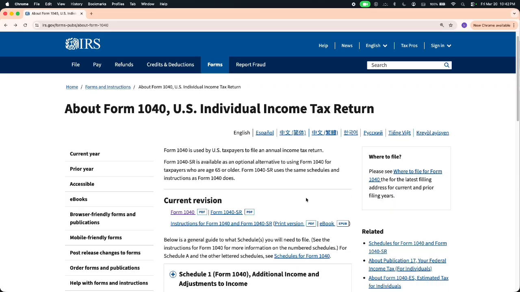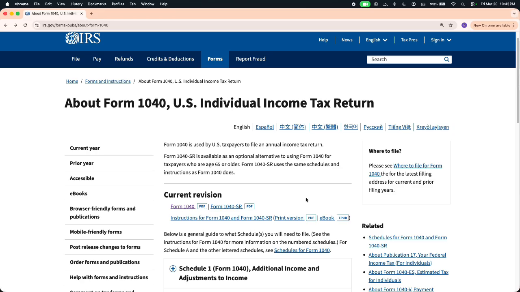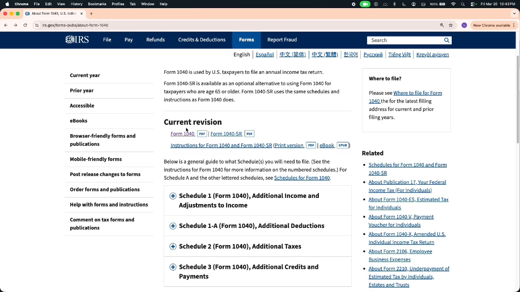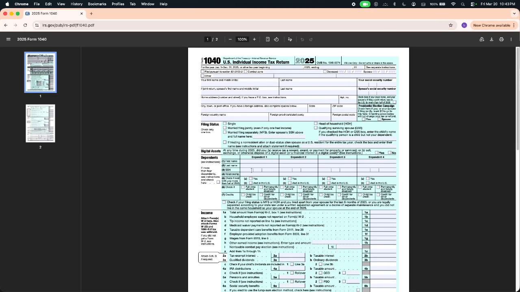Before you start filling it out, make sure that you have your tax documents ready, like your W-2s, 1099s, and any other forms that show your income or tax payments. On the screen, open the Form 1040 PDF from the IRS website so that you can follow along directly